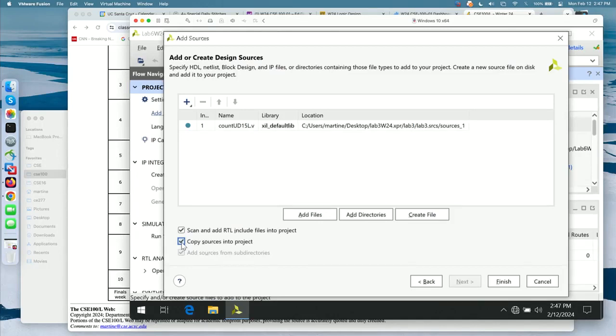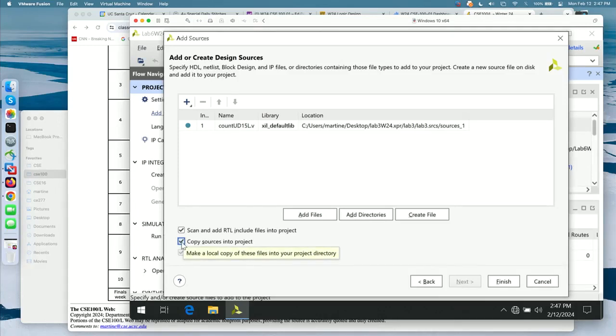If I go modify that file now, and it's sitting in Lab 3, I've actually modified the source in my Lab 3 directory. Okay, and so now I've modified my only copy of the 15-bit counter if I ever needed to use it again, or my Lab 3 might not work anymore. Okay, so make sure you actually copy sources into your project directory, and you can ensure that by paying attention to this little box here.